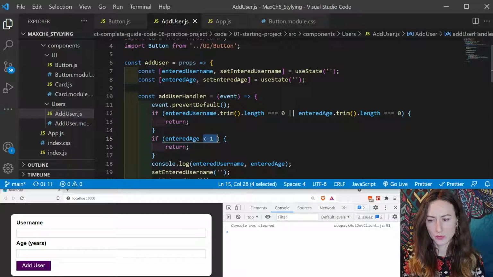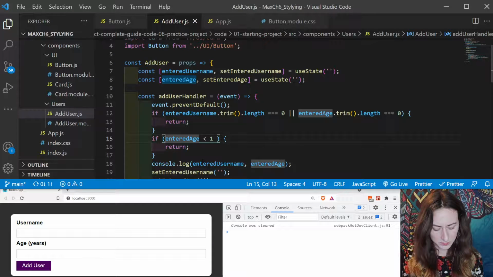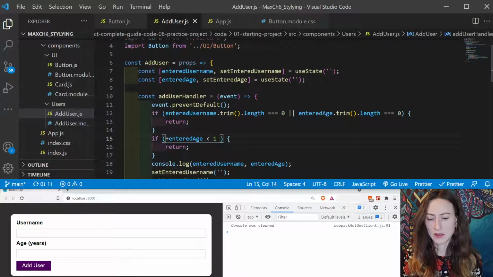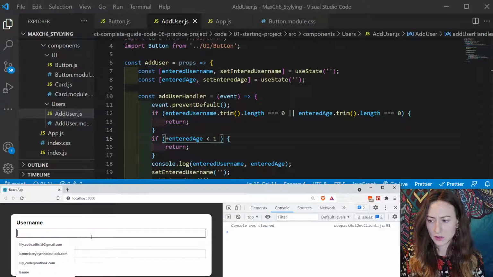So this isn't going to work because it's a string. So I think it should just type it over. It'll just send it. But we should check, yeah. So if we add the plus, it definitely makes it a number. So we're comparing a number and a number, even though it would have done the comparison itself. But